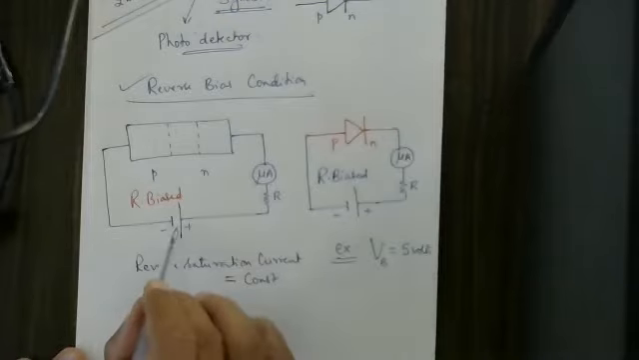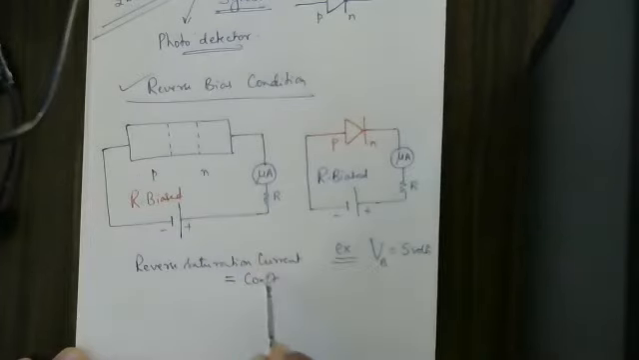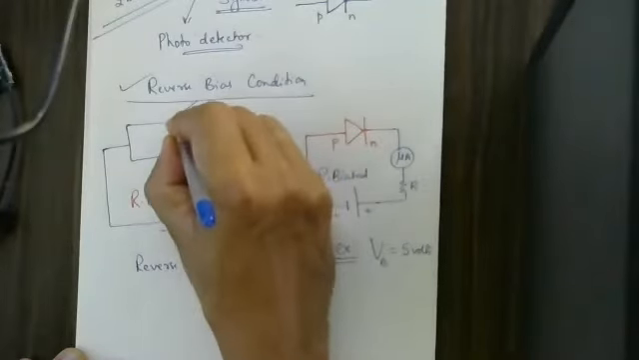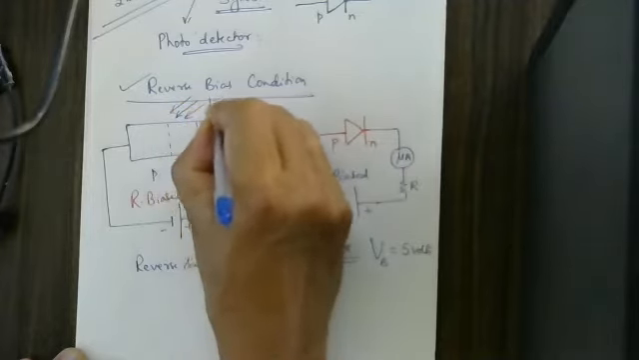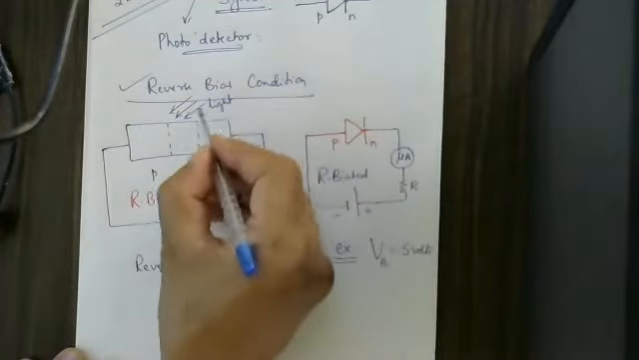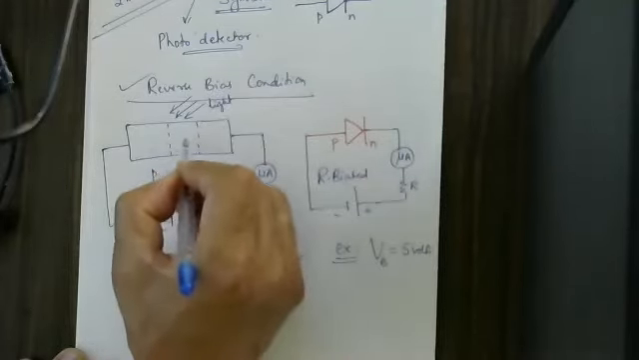Now I will keep this voltage a little bit lesser than the breakdown voltage, maybe 4.9 volts. Here the current flow is not a large quantity. It is a small and constant quantity called the reverse saturation current. Now, if light energy of a suitable frequency, suitable energy, suitable wavelength is incident on this PN junction,